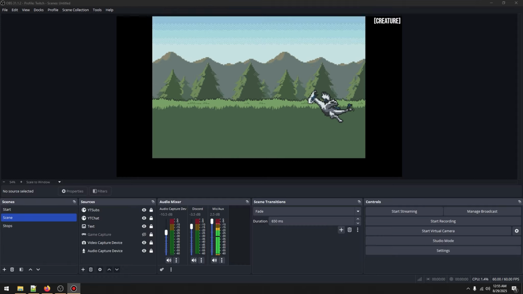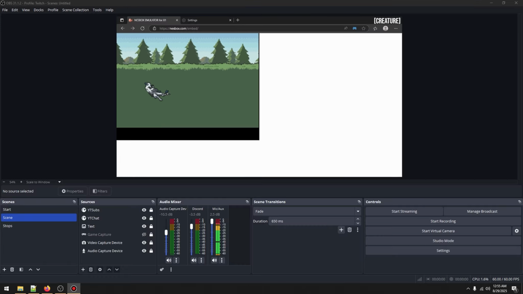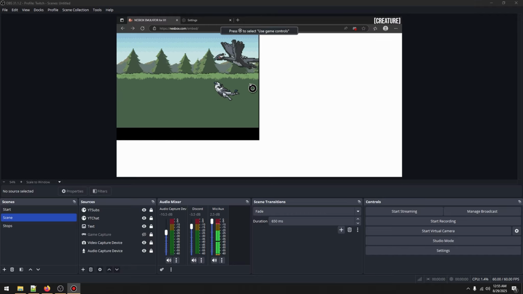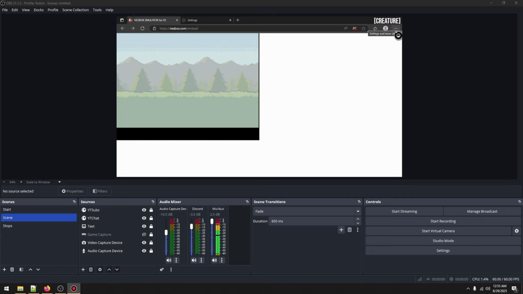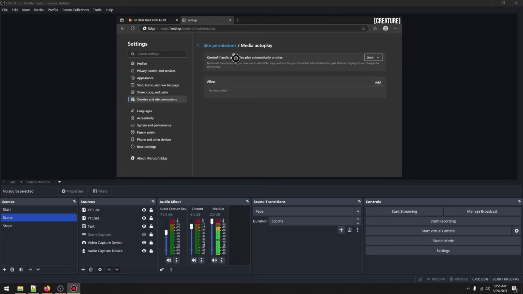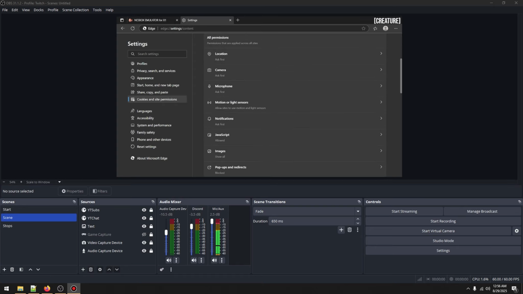So I'm going to press the squares button because it will get me out of full screen. I'm going to press the lines button, which will bring my cursor back. Now, up in this top right corner, there's these three dots. That's your settings for Edge on Xbox. When you open it, it takes you to your settings. You want to move your cursor down to Cookies and Site Permissions. Tap on it. Scroll down